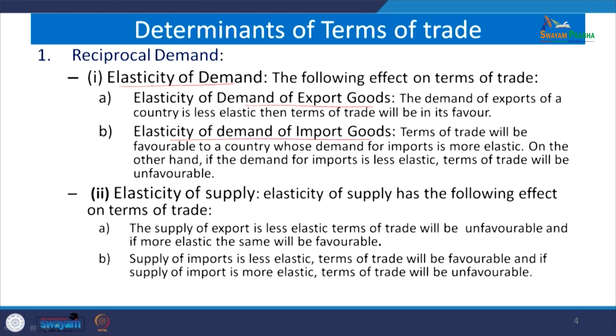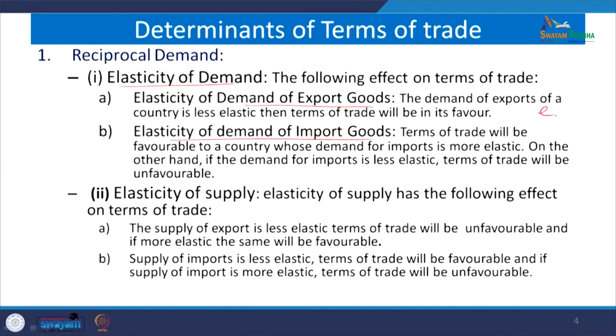Now, how does it matter if the demand for exports of a country is less elastic? If the elasticity of export demand of a country is less elastic, then the terms of trade will be in its favor. What do you mean by that? If the elasticity of exports, E of exports, is less than 1, that will be good. This implies that Px by Py